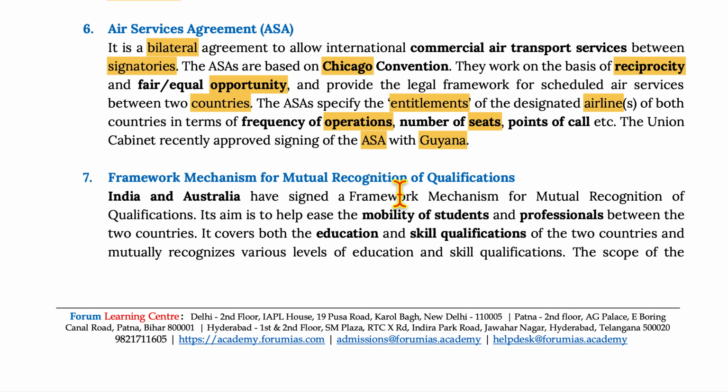Framework mechanism for mutual recognition and qualification. India and Australia have signed a framework mechanism for mutual recognition of qualification. Its aim is to help ease the mobility of students and professionals between the two countries. It covers both educational and skill qualifications of the two countries and mutually recognizes various levels of education and skill